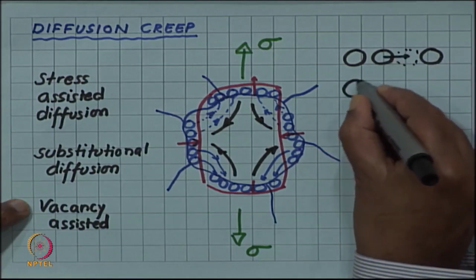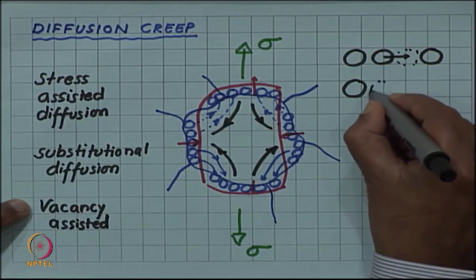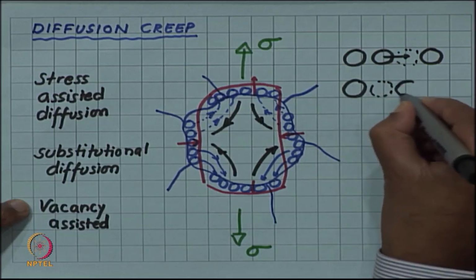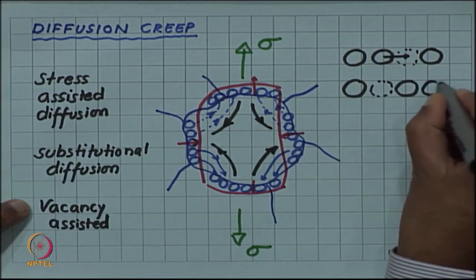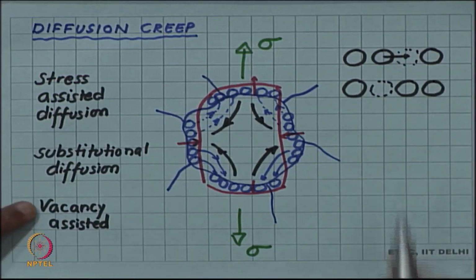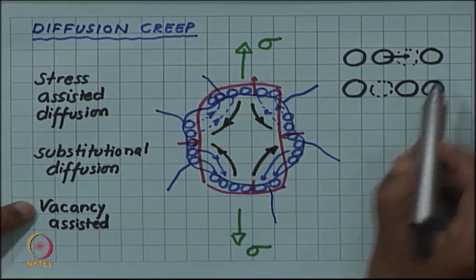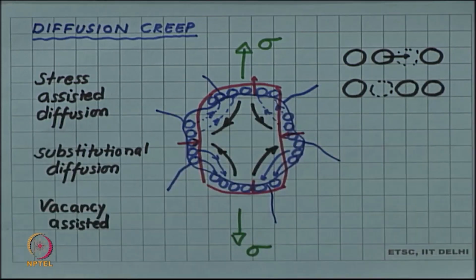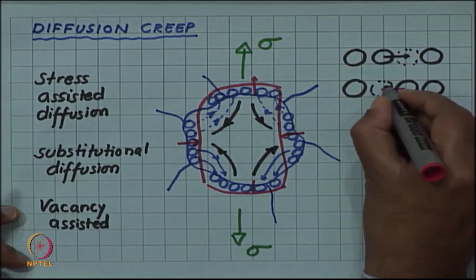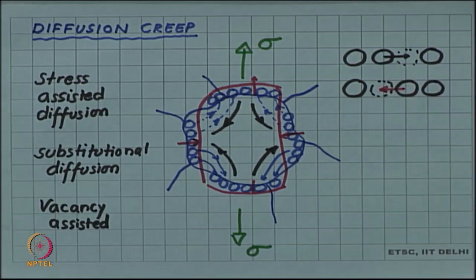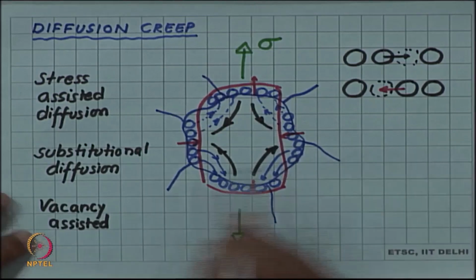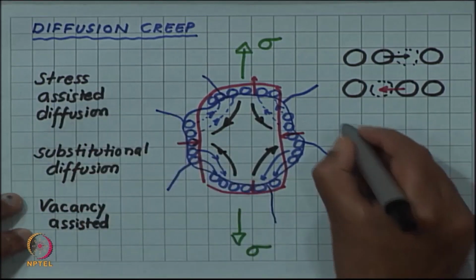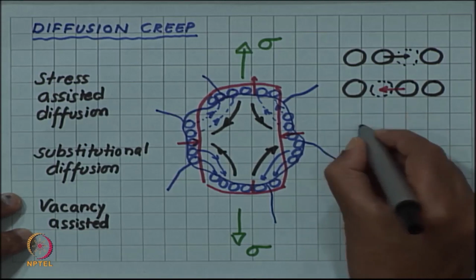So, if I draw it like this, this atom jumped into this vacant site. Which means the vacancy which was there jumped in the opposite direction. So, atomic migration direction and the vacancy direction are different, and this stress assisted diffusion leads to vacancy migrating from